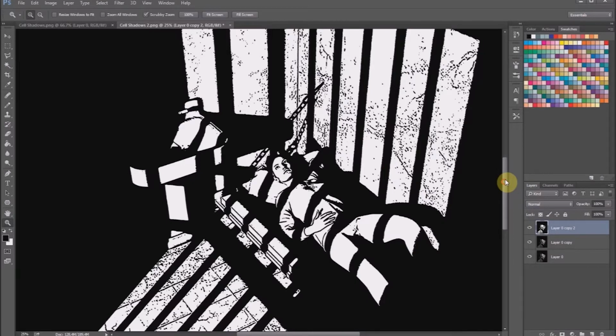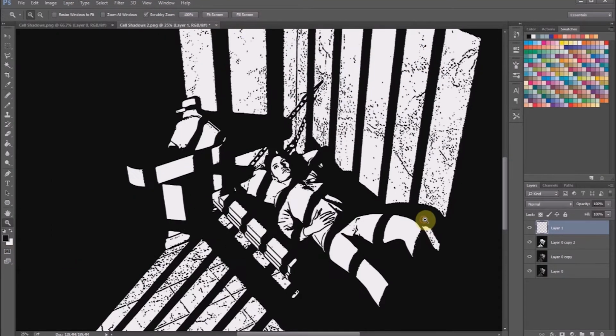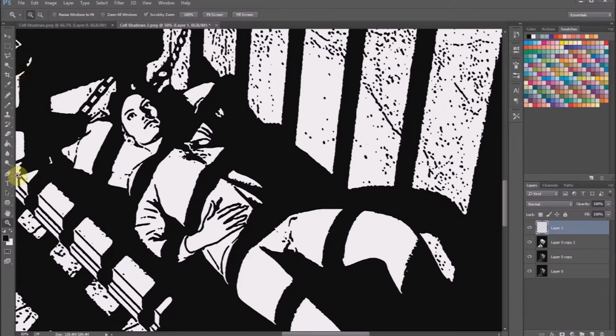And now we're in Photoshop. I've applied the stamp filter here, just played around with the black to white ratio. Also, I think I mentioned this in the